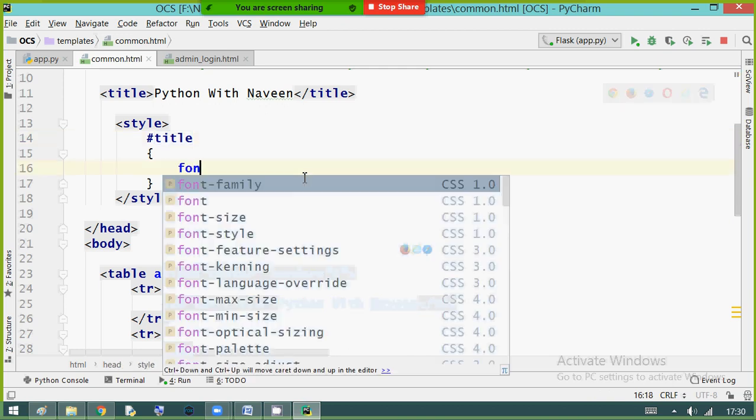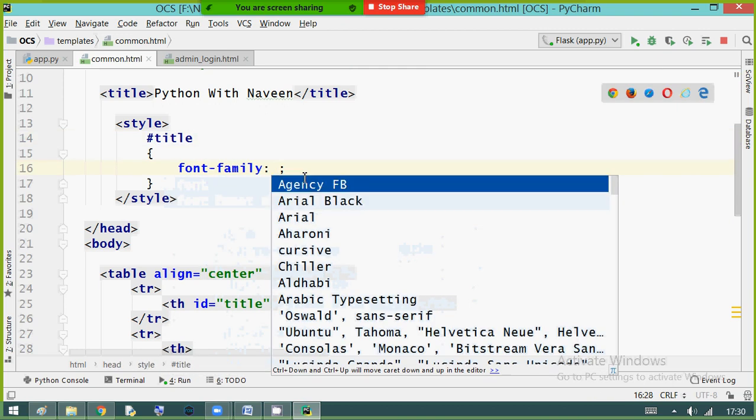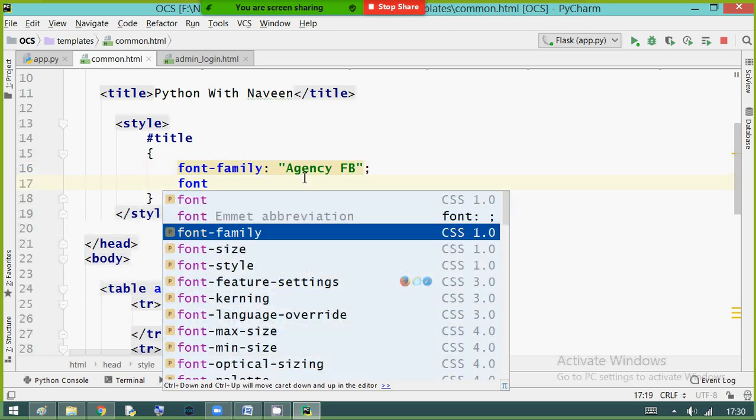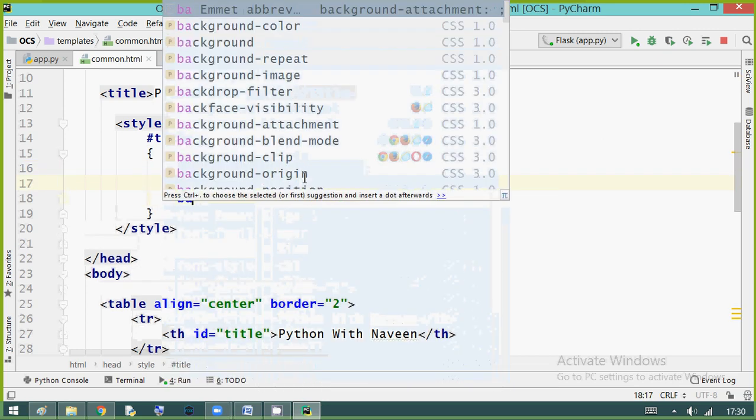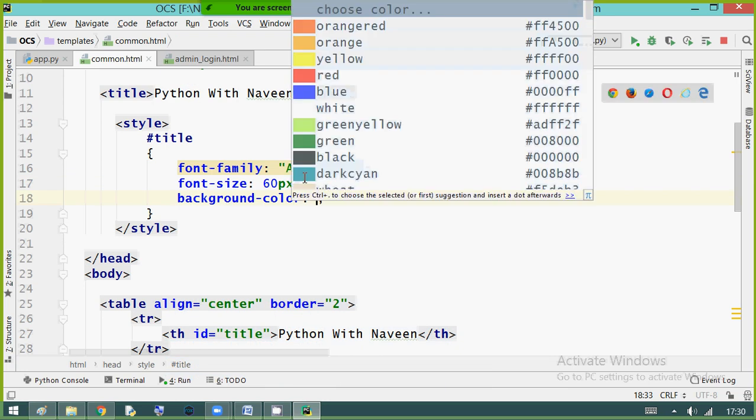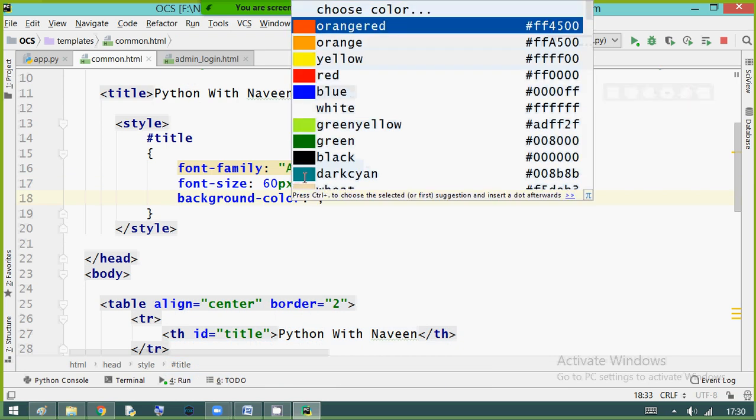What's your font family, font size, background color. I'm not that good at giving colors, so I'm giving some normal colors, guys. Don't expect many colors from my side.